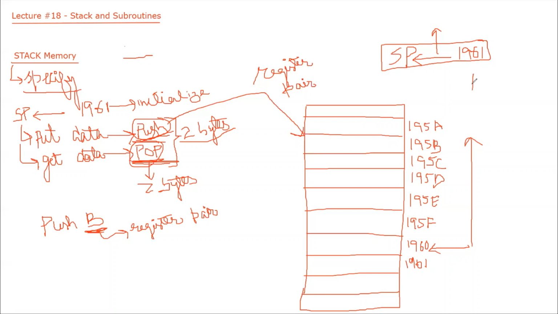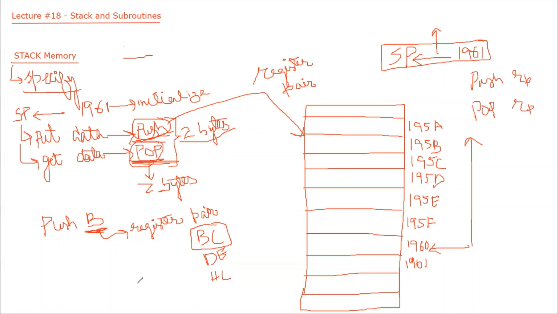The general structure of push and pop instruction is, we have to write push or pop, and it is associated with a register pair. So how many register pairs are there? There are 3 register pairs in microprocessor 8085. BC, DE, and HL. So if I did push B, it means I have to store the data that is stored in BC into the stack. I will explain the instruction clearly with the help of example, but let's first give a simplified definition.